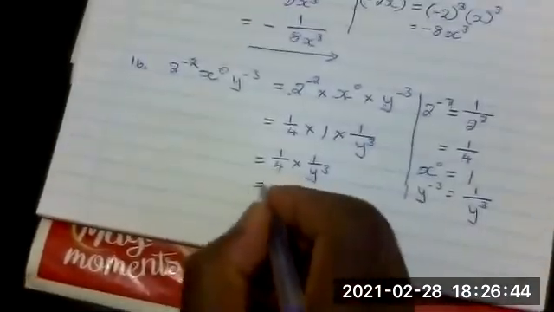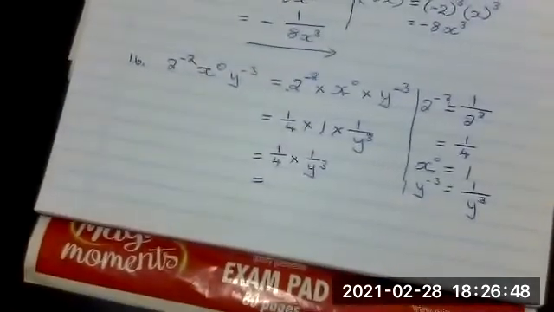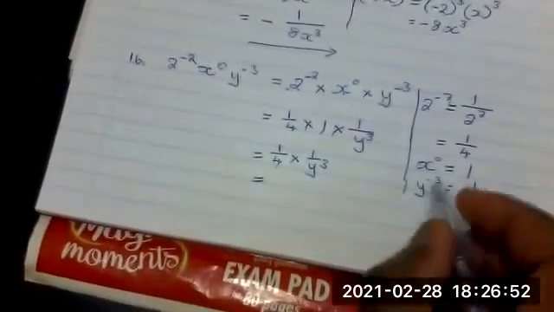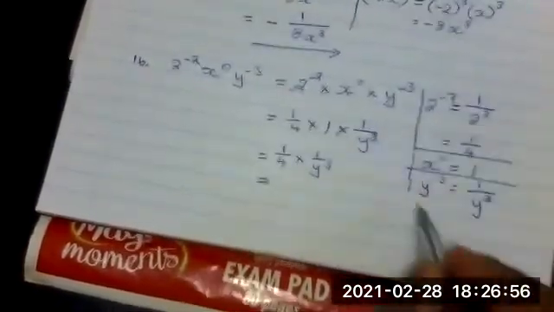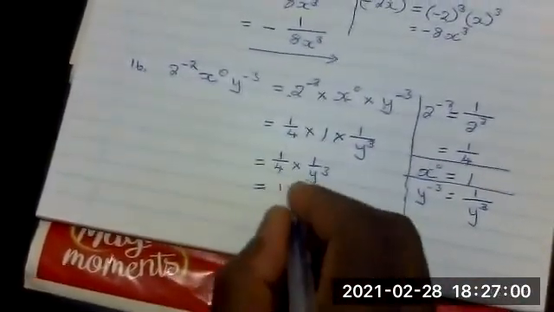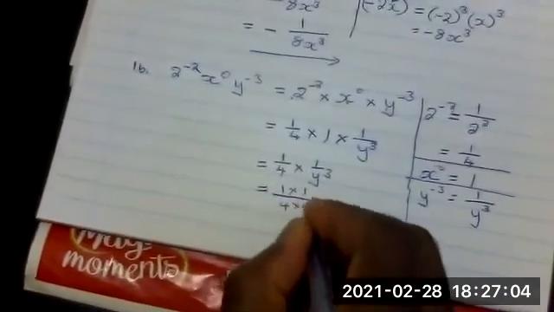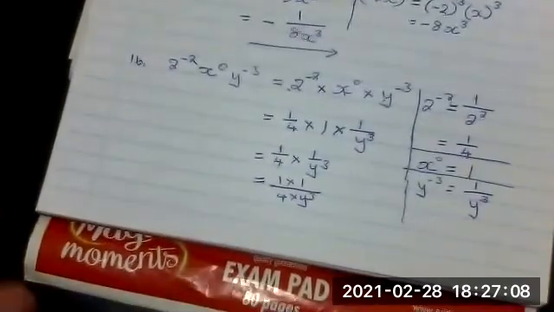Whenever we multiply fractions, it's just a matter of multiplying numerators on their own, then we multiply denominators on their own, right? That's for multiplication of fractions. So it means it's 1 times 1 times 1 all over 4 times y cubed. This is only true if we are multiplying